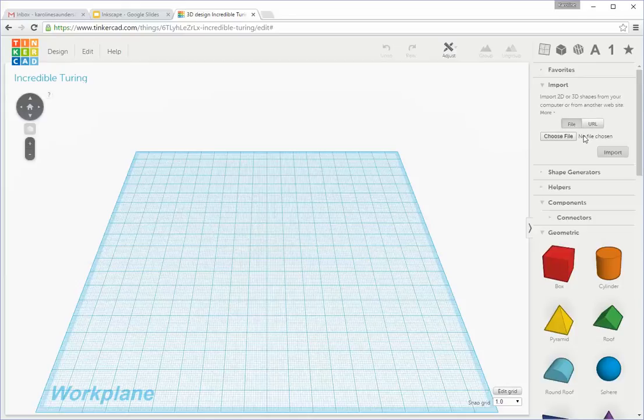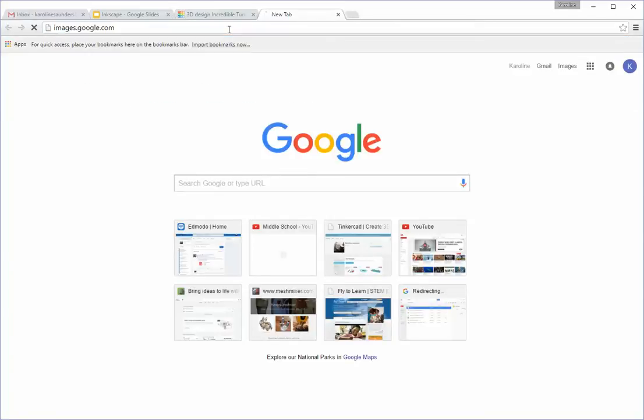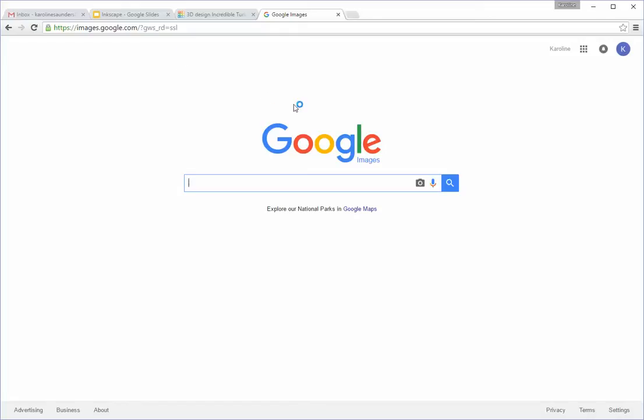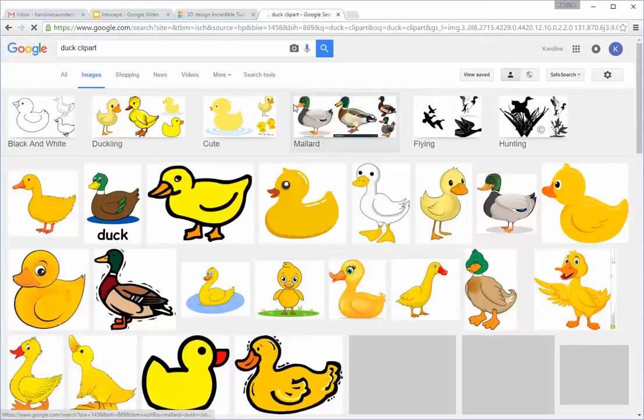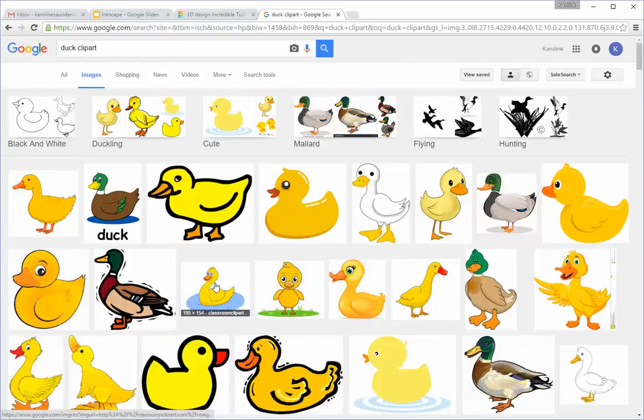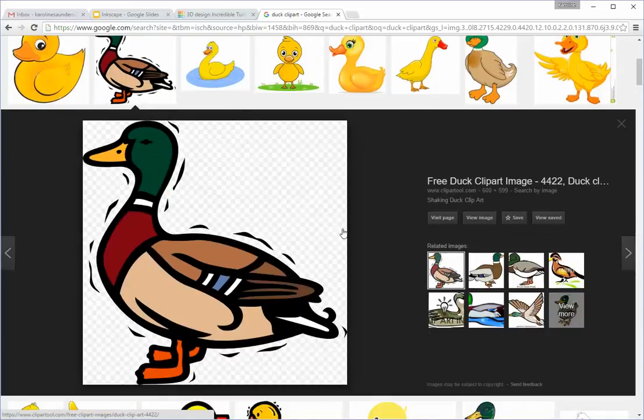URL is from a website. If you want to import a SVG file from, say, Google Images, you first want to make sure it's a .svg file. And second, make sure that you directly link to the picture. So what I mean by that is if we go to images.google.com, let's type in duck clip art, which is what I've been using. If you click on it